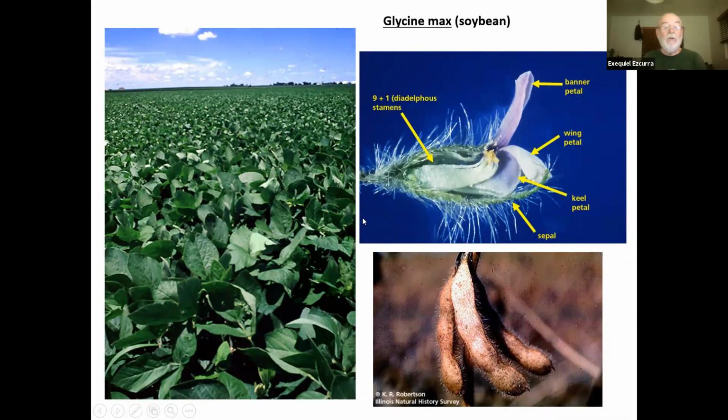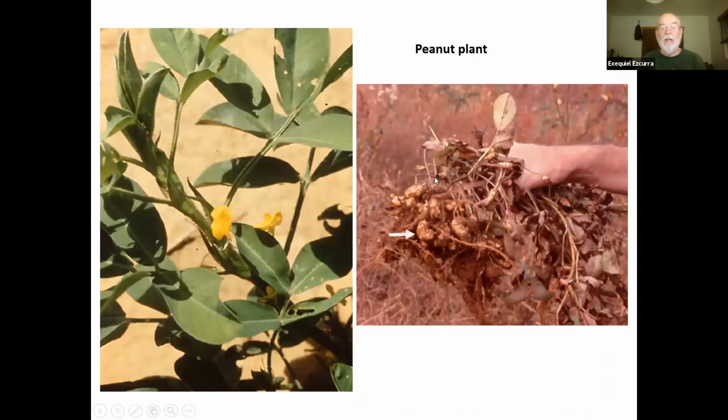Some important plants in this family: all the beans, including the soybean, Glycine max, a very, very important agricultural crop. You can see again always the same structure: the banner, the wing, the keel with the sexual part forming a column inside. The peanut also belongs in this group. And of course, all the beans in general,